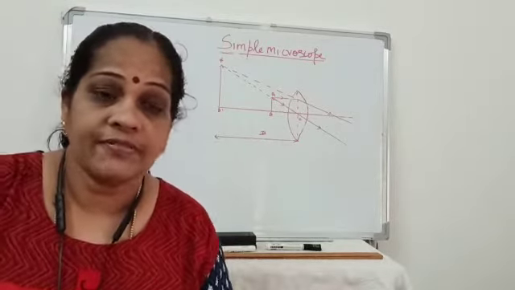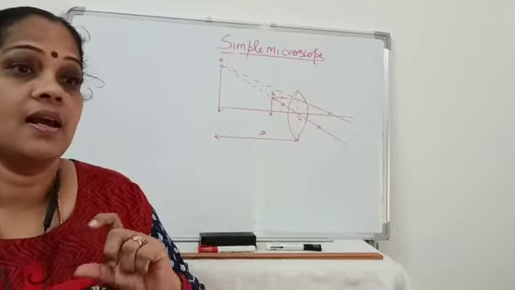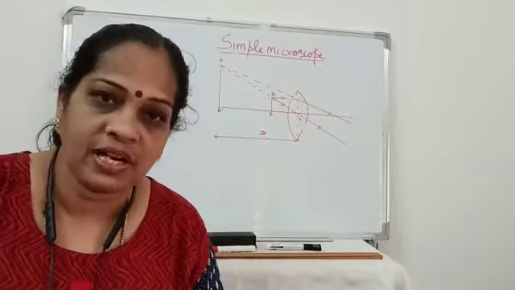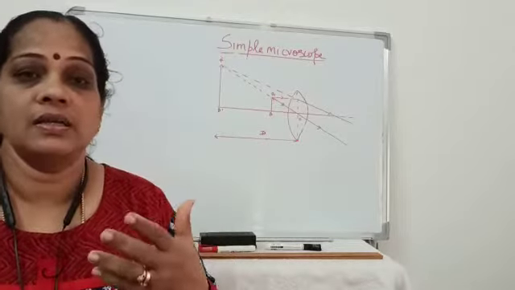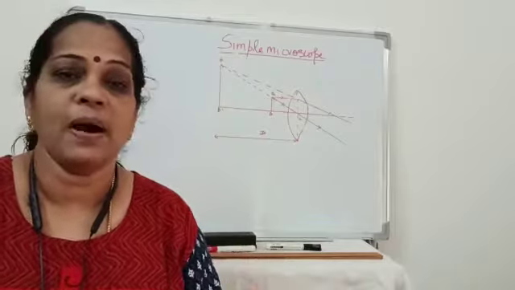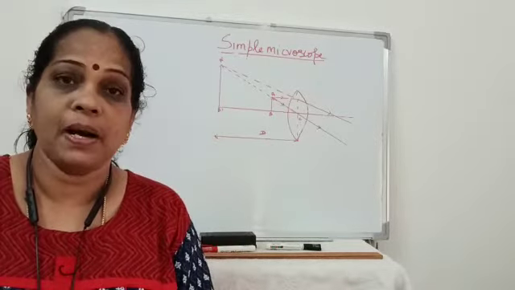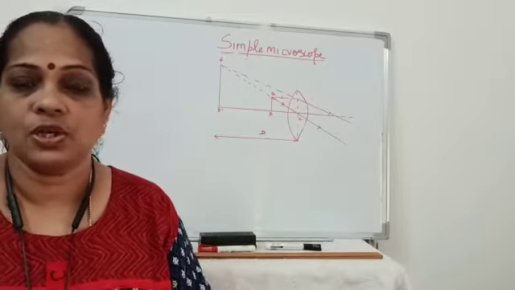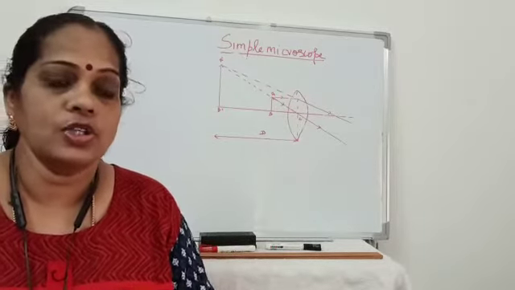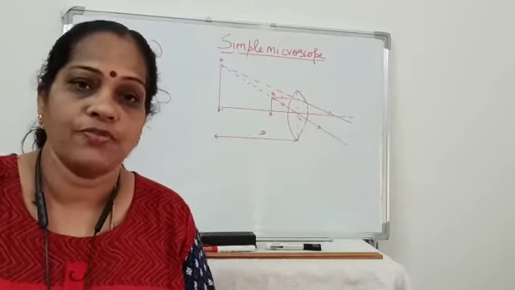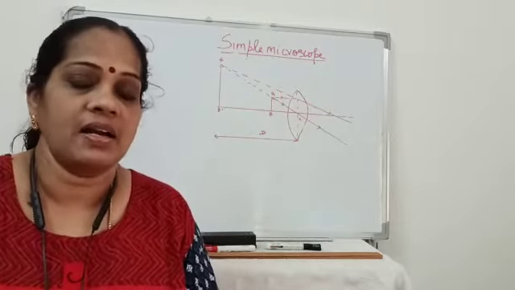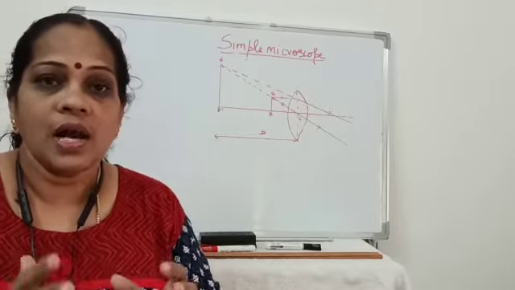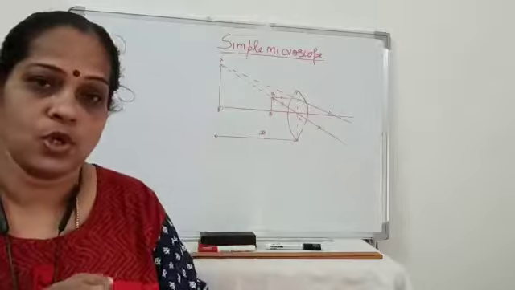We use this in our physics lab to read the Vernier scale while doing experiments for surface tension using a traveling microscope. Those who are studying palmistry keep it over the palm and read it to get magnified images of the lines in the palm. And watch repairers make use of it to get a magnified image of the tiny spare parts of the watch. Now let us see what a simple microscope is.